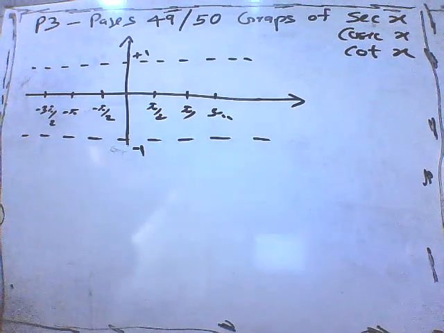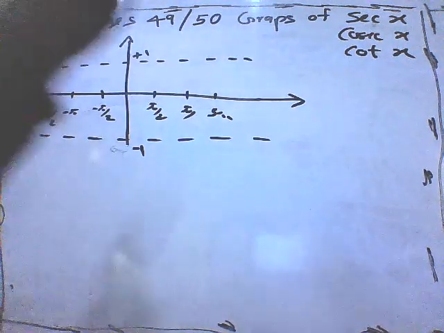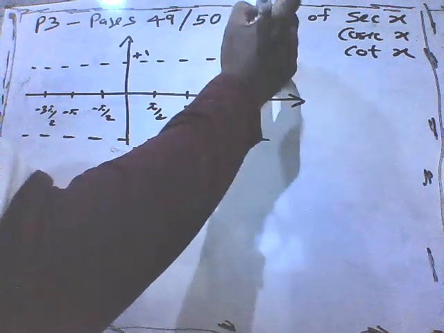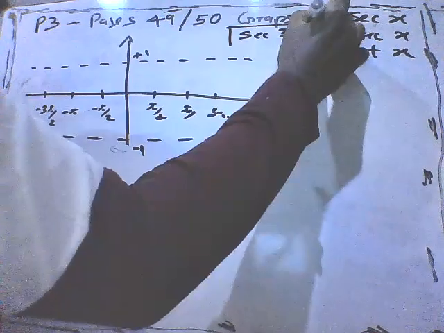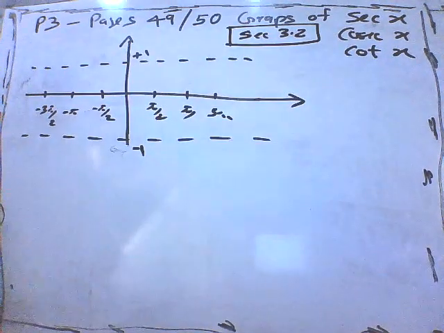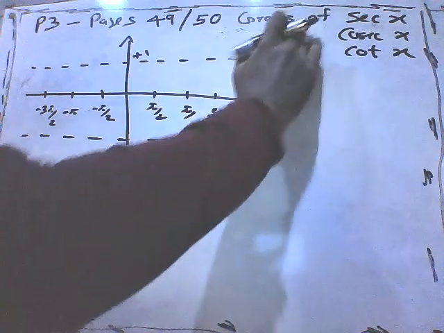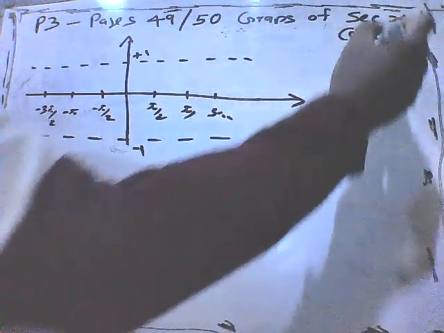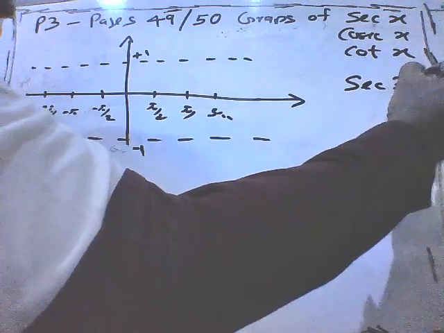Okay, now we will turn to page 49 and 50. This will be section 3.2. Right, section 3.2. We are going to see the graphs of sec x, cosec x, and cot x. So here, it's section 3.2,